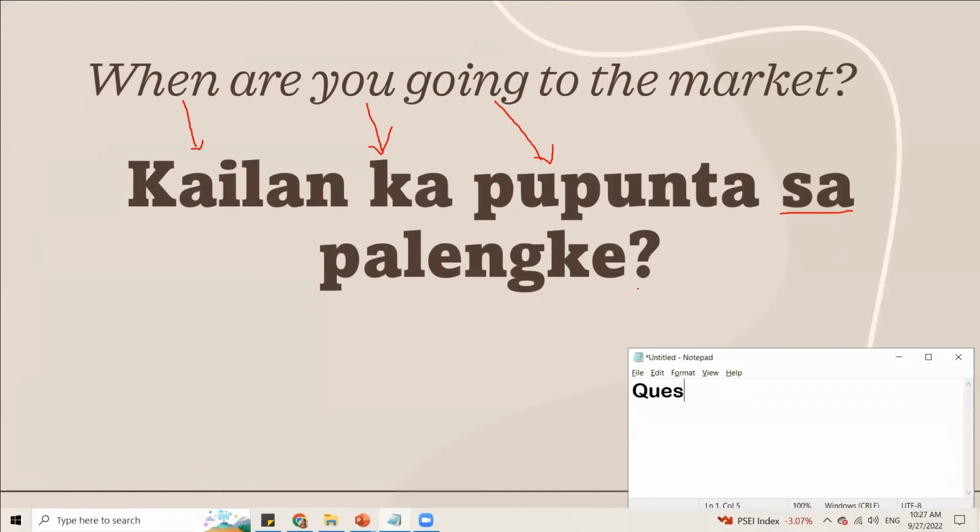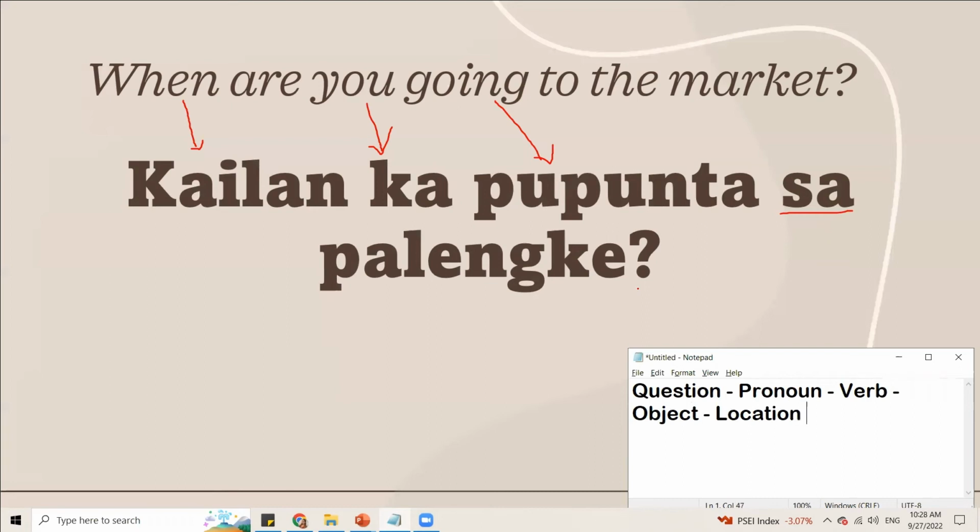Okay, so the question first, and then the pronoun. So if we're using ka, you, or he, she, siya, so the pronoun first, and then the verb, which is pupunta, and then the object if there is, but this sentence doesn't have an object, and then location or the place.